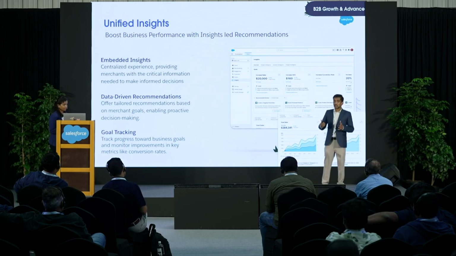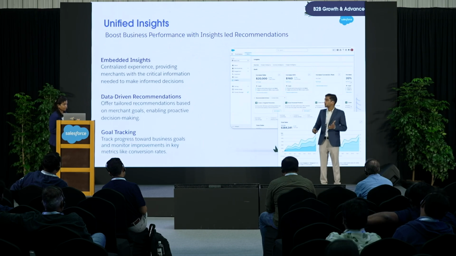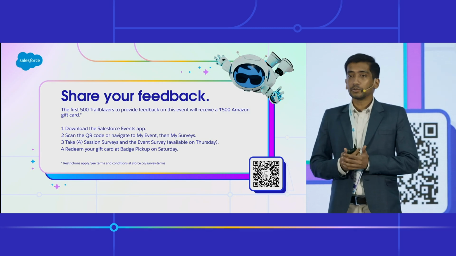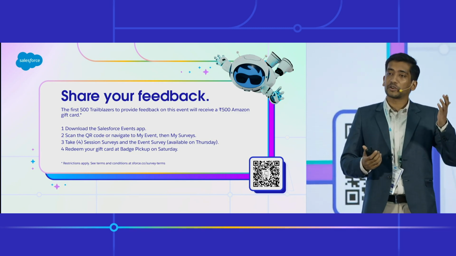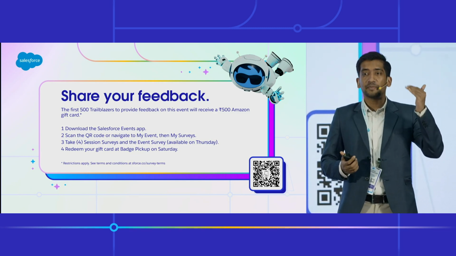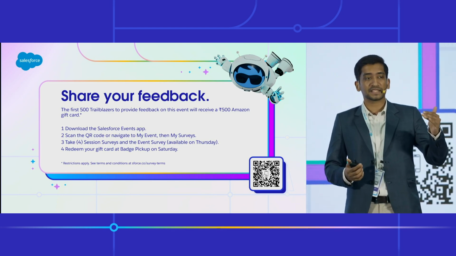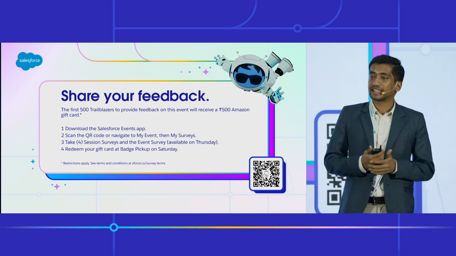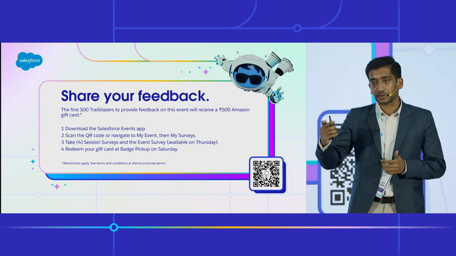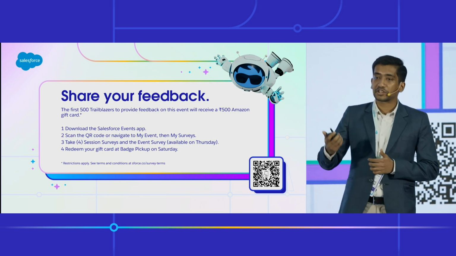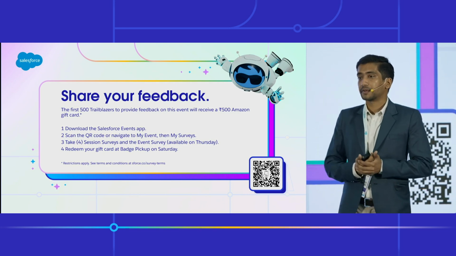That's commerce today. We covered the B2B part, we covered the B2C part. So, in short, we spoke about unified commerce. We made sure that we are set up for success by setting up the Data Cloud piece. We spoke about a couple of examples, one on the B2B front, one on the B2C front, and then we wrapped it off with the analytics to measure how the store has been performing.